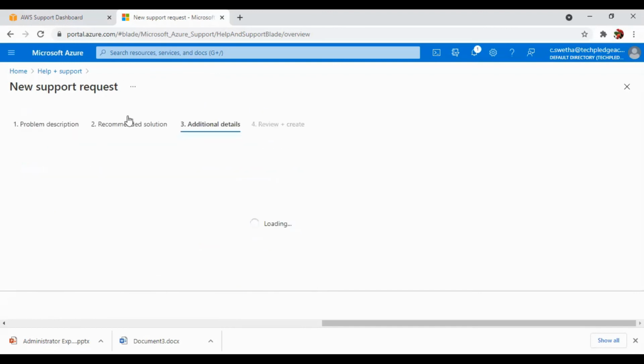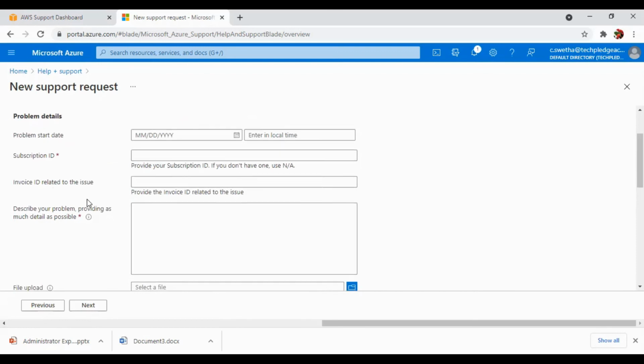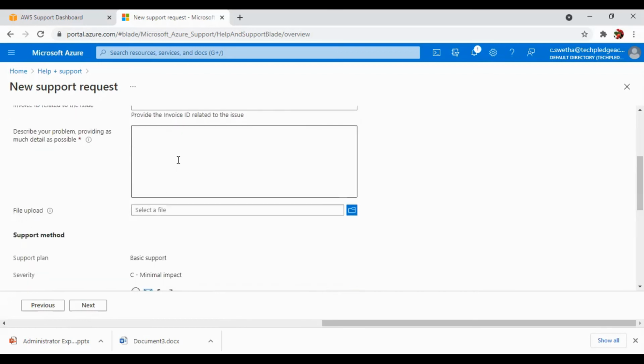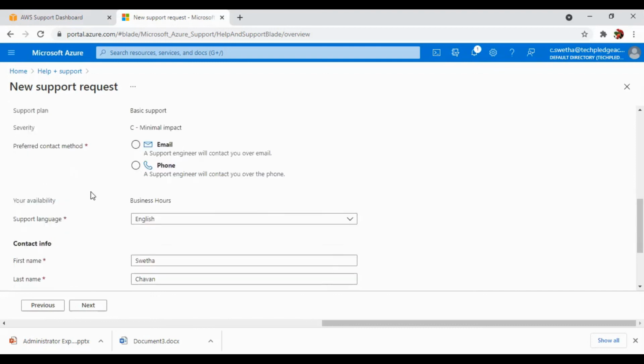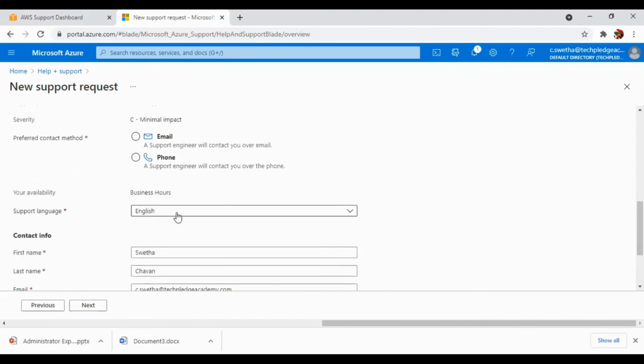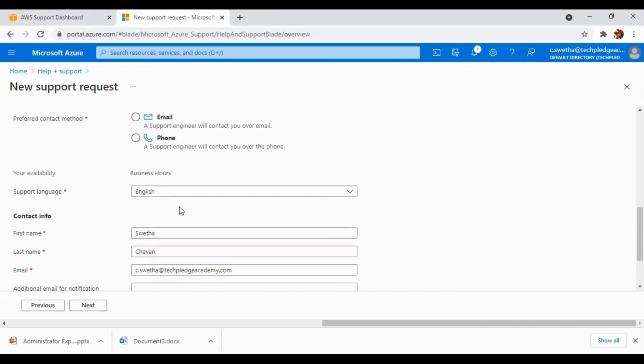If the recommended solutions are not working for us, then give when the problem started, your subscription ID, your invoice related issues, then a little detailed information, and provide a snapshot of what you're facing. Then the support method you want, maybe a phone call or email, your business hours, your availability, your language of communication, and then create next, and it will go for review and create.